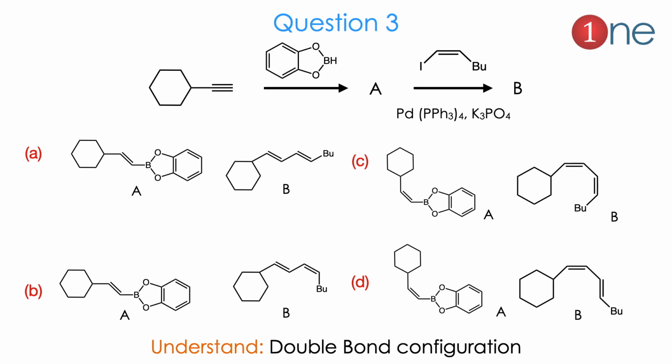The products are the boron coupled one and the direct coupled one. Here the double bond positions are different and the configuration is different. Simply they are asking whether the double bonds are cis-cis, trans-trans, cis-trans or trans-cis. So you have to know the selectivity of reagents towards the double bond.